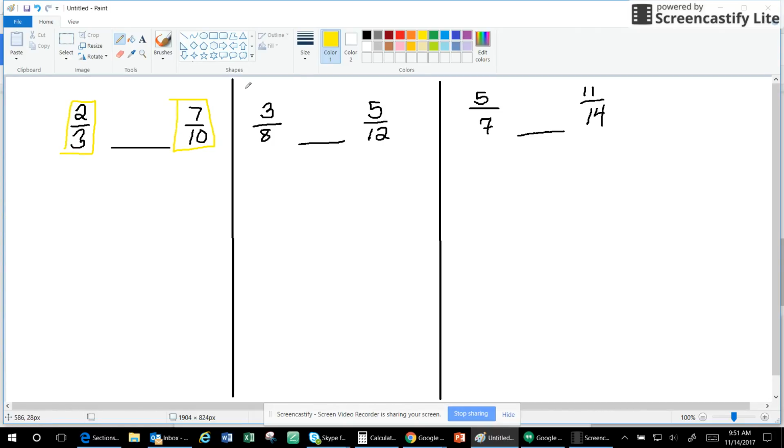I can't add or subtract them and base it off of which is bigger because I get a negative number or anything like that, because I can't add or subtract these without a common denominator. So when we go to compare these, we're going to treat it just like we're going to try to add them together. We need to get a common denominator. And that's why we just did the greatest common factors and least common multiples, because they're going to be talking about lowest common denominator, which is nothing more than a fancy way of saying the least common multiple of 3